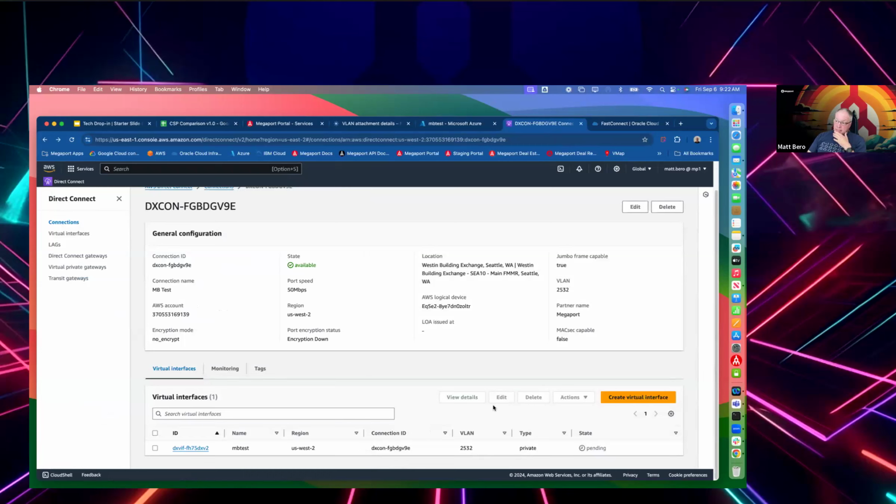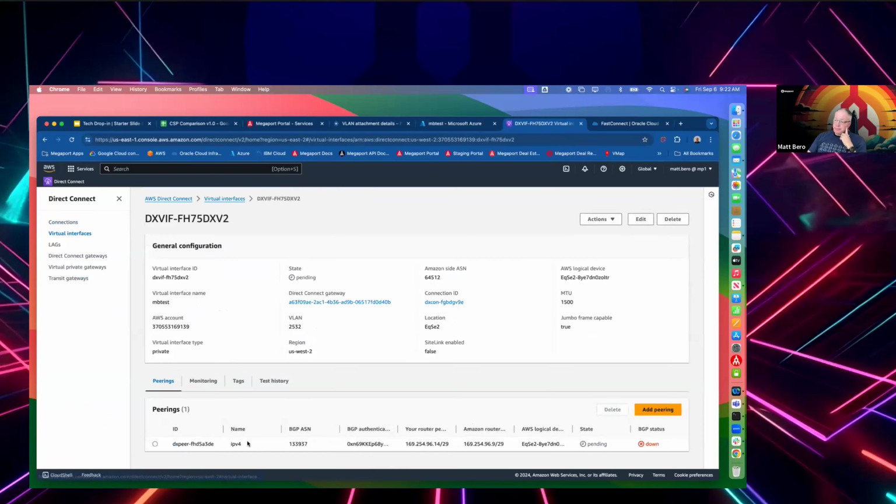So what happens now is once we created that, guess what? Here are all the IP addresses on Amazon. So it creates it once we create the Direct Connect Gateway. So what we have to do is we have to go in and put this in the MCR. So I'm going to go grab this IP address. We're going to go back to the MCR,